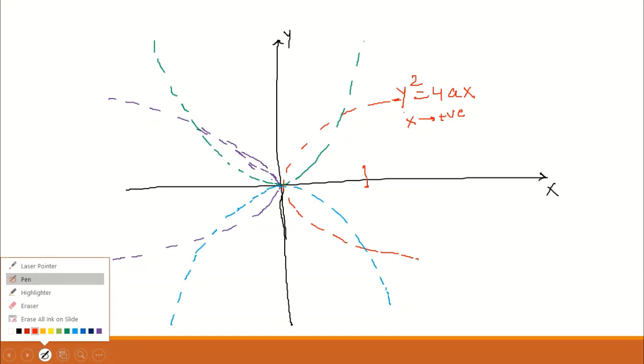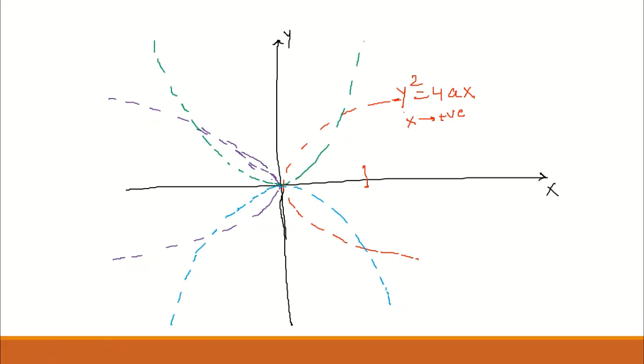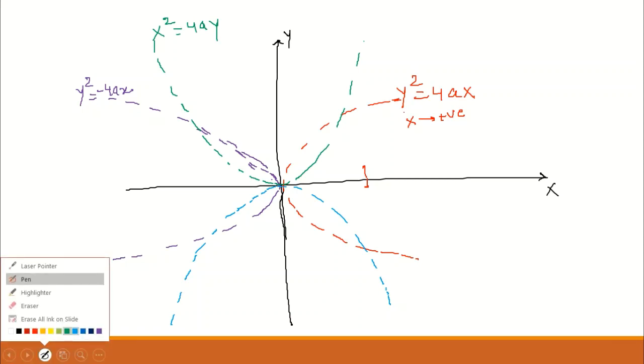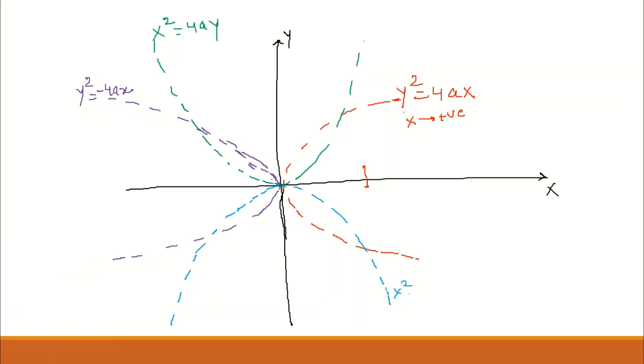Similarly, x will become negative if I just oppose that thing, that is y square is equal to 4ax, नहीं, minus 4ax. If I draw it as x square, x चाहे नेगेटिव में जाओ, लेफ्ट में जाओ या राइट में जाओ, x square is equal to 4ay, and the last is x square is equal to minus 4ay. We will not bother about what a is here. We will look at in the next lectures what a is.